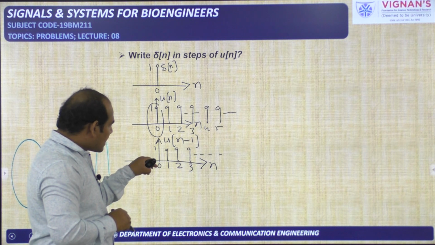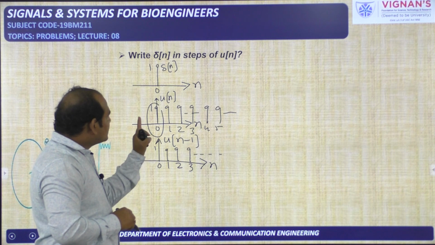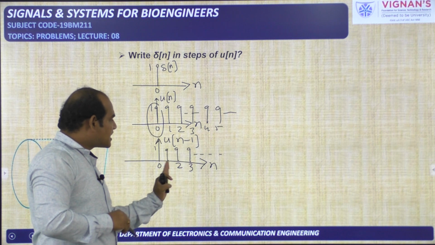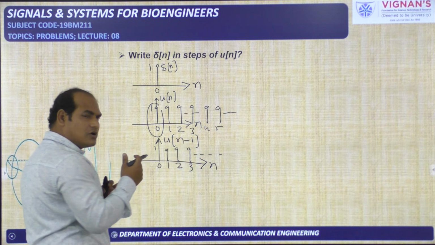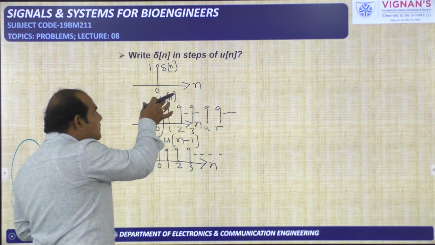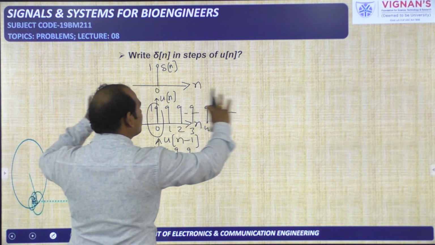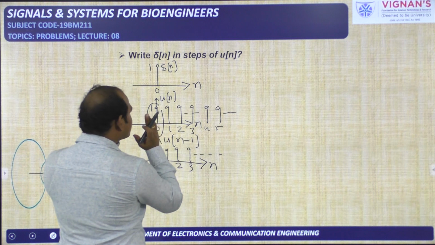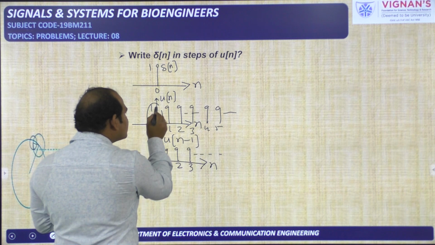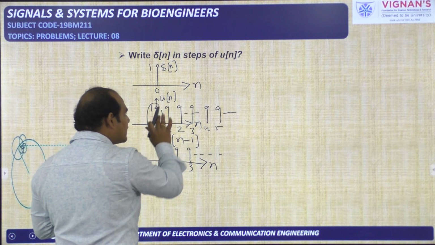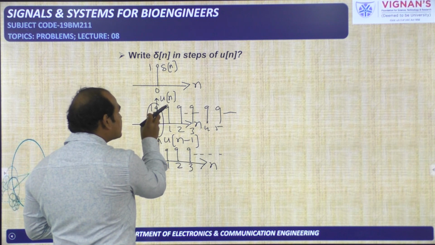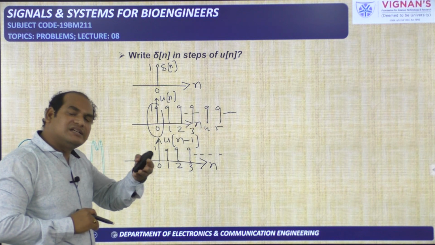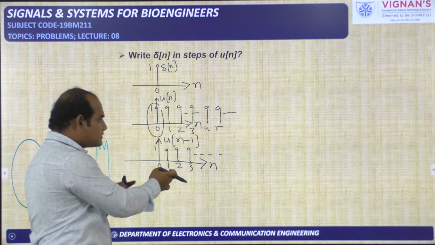Here the sample is not there, I have just represented the amplitude here. So this u of n is actually starting from n is equal to 0. U of n minus 1 actually starts from n is equal to 1 onwards. So what is our need? I need to represent del of n in terms of u of n. I know how u of n is there, and I know how del of n is there. But by observing u of n, I can say that the first sample only I need. I don't want the remaining samples because the first sample itself is del of n. So I need to remove all these remaining samples. How to represent the remaining samples? Like this, u of n minus 1.